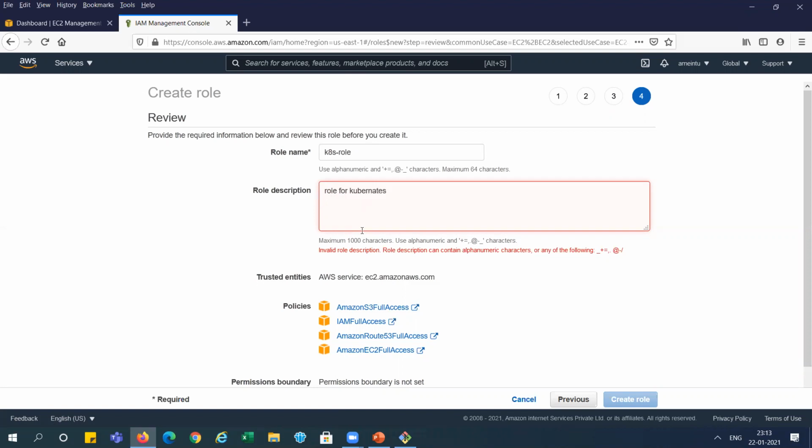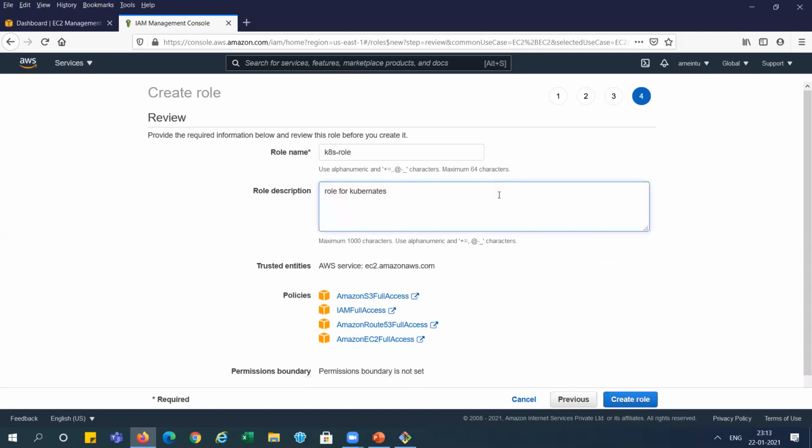Role for Kubernetes, right? What is this error coming? Okay. Now I'm just creating this role here.